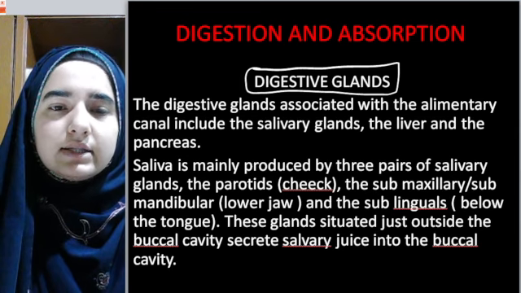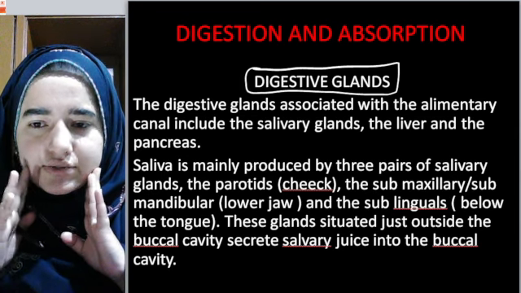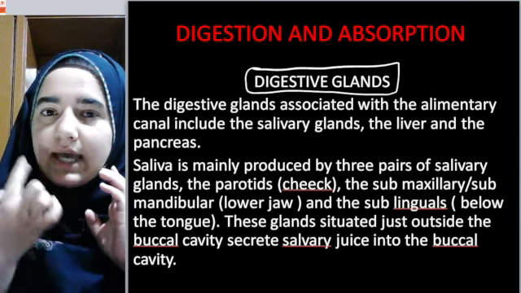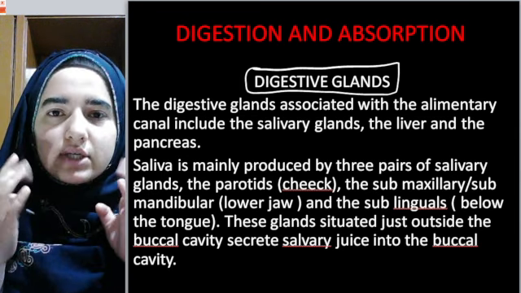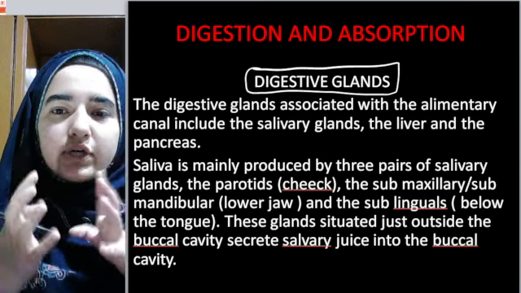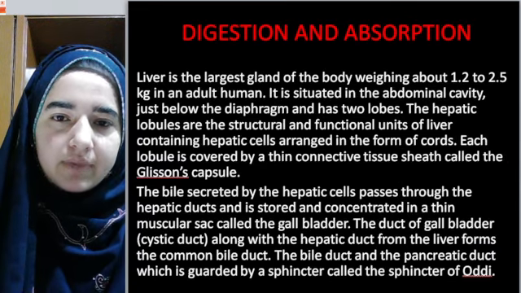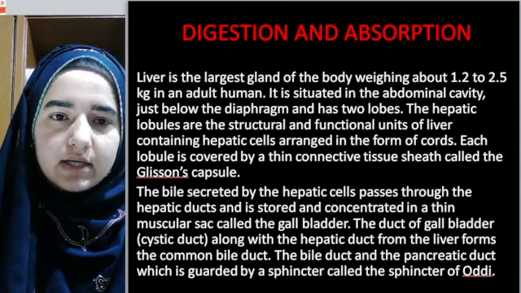These glands secrete the saliva into the buccal cavity, inside the mouth. Parotid, submaxillary, submandibular, sublingual, their function is to produce saliva into the buccal cavity. Okay, I hope this concept is clear. Moving forward,